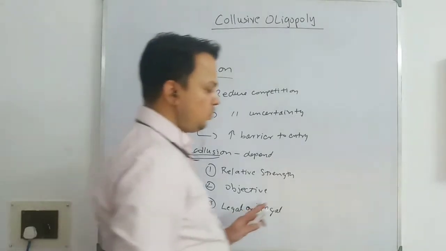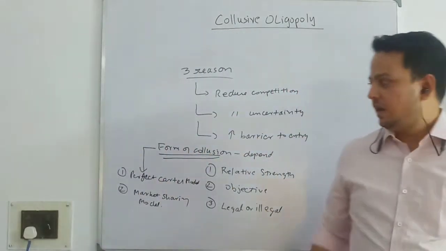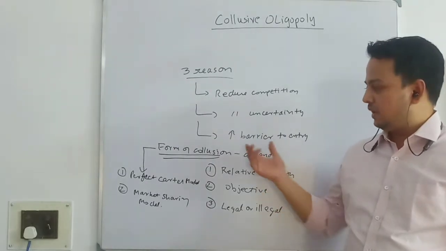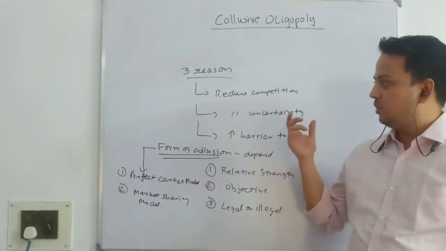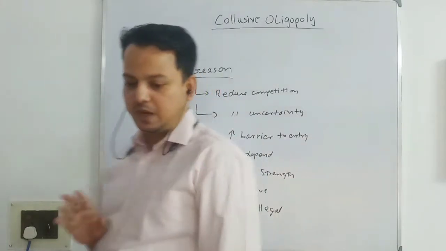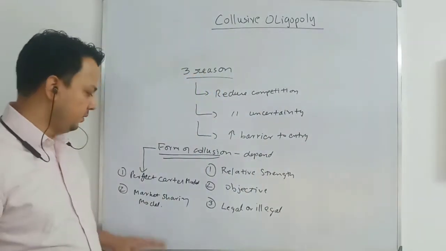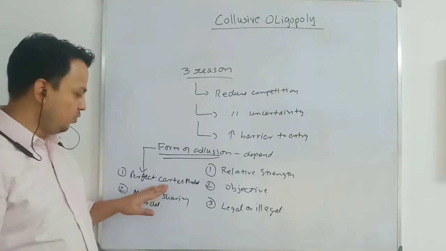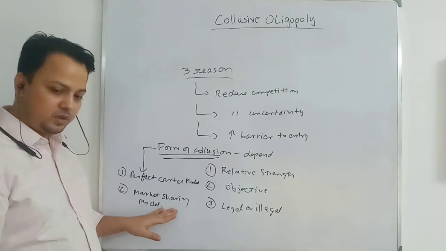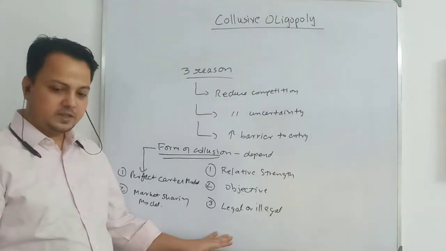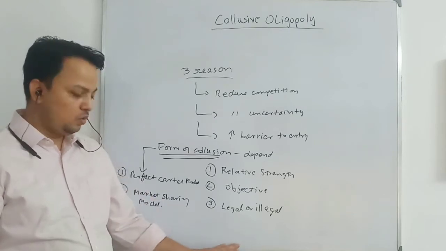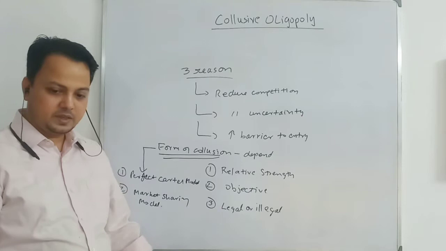Now in the collusive oligopoly that we are doing, I have started with the cartel model. Right now I am talking about collusion. The first model that I am going to do is the cartel model, and the second is the price leadership model. In the cartel, first I am going to do the perfect cartel model, second the market sharing model. After that I am going to look at the price leadership model. There I am going to look at three cases: dominant firm case, no cost firm, and barometric case.